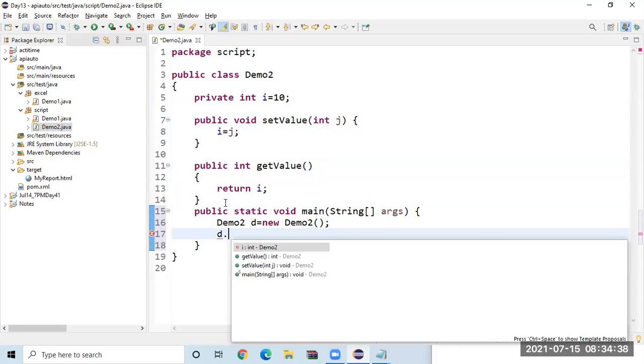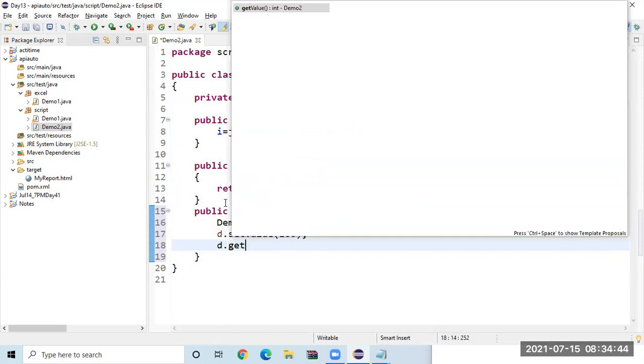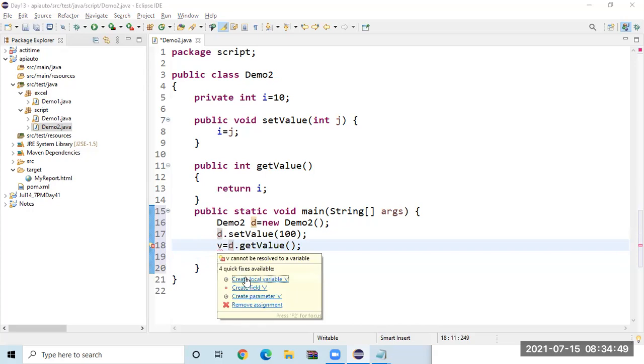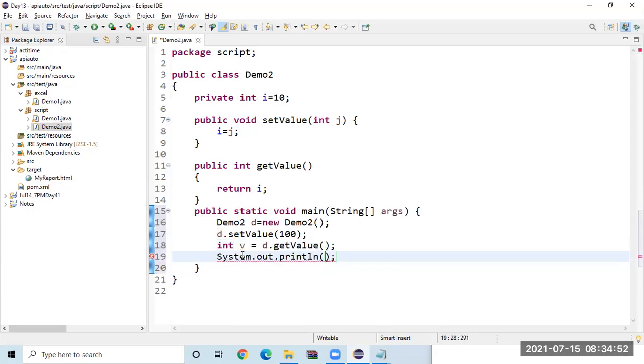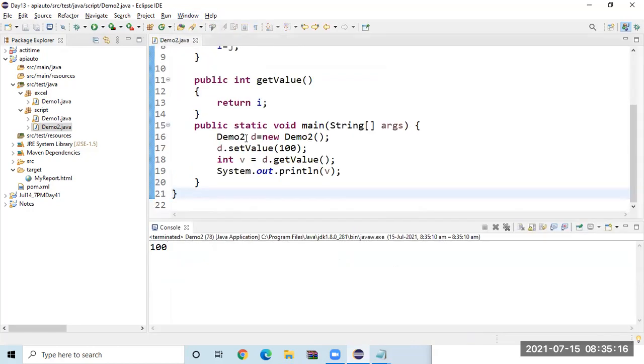How to call it? d.setValue, whatever value you set, and then d.getValue, store it in a variable and print it with SOP. Let me run this. It is printing the value.